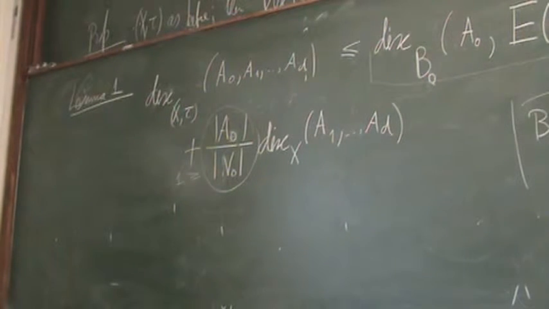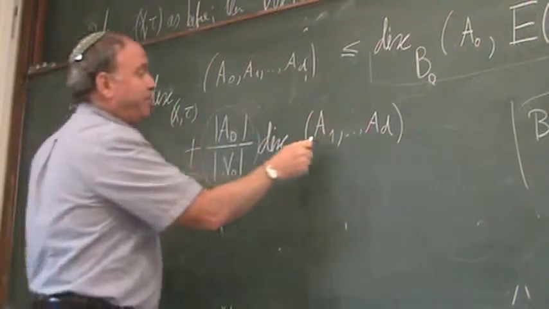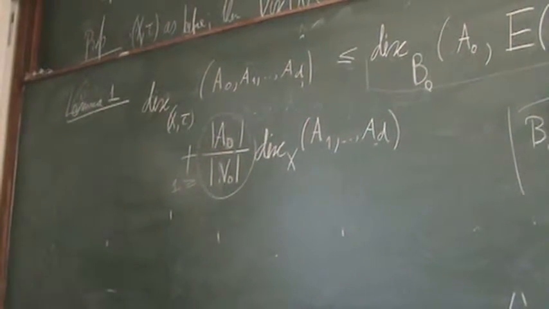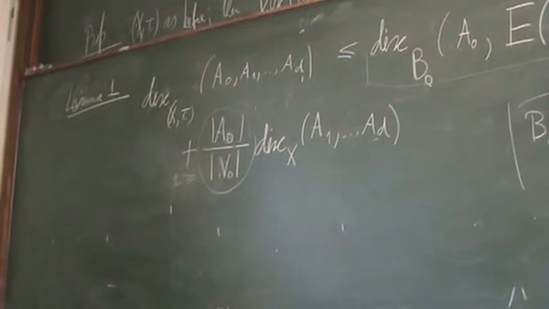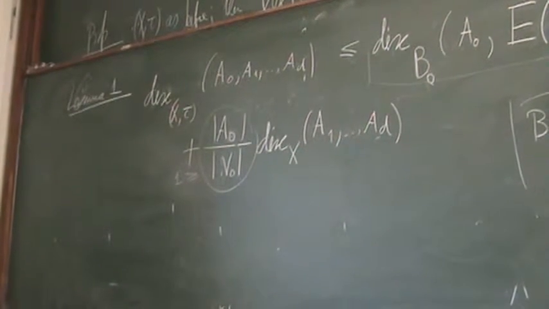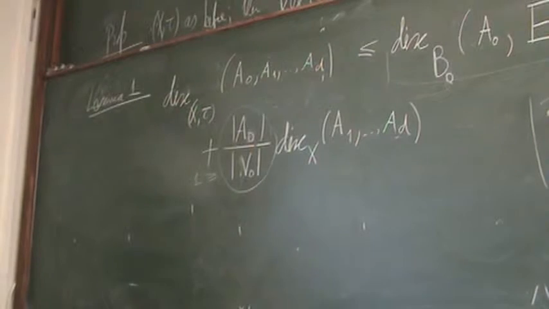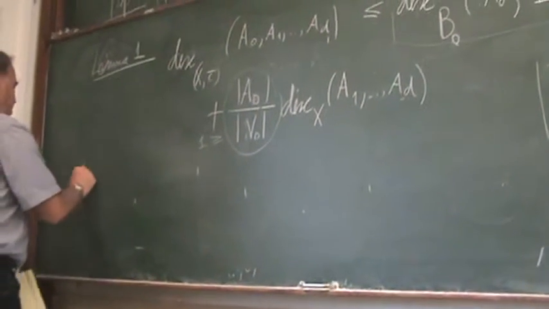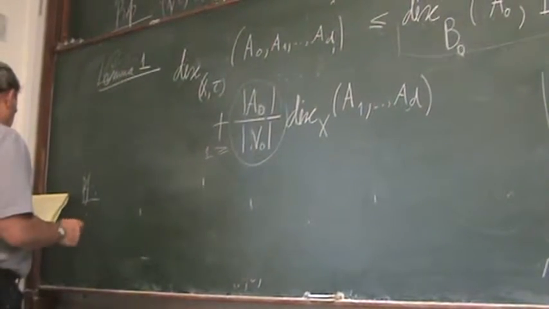If it's really small set, it's much less than 1, times the discrepancy of that set. And then we'll continue this by induction after that. But let's prove first this lemma, and the proof